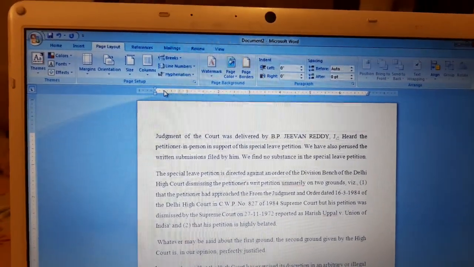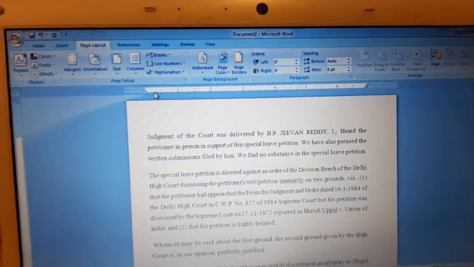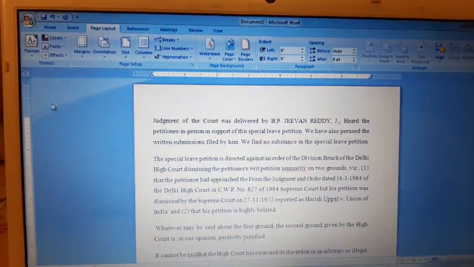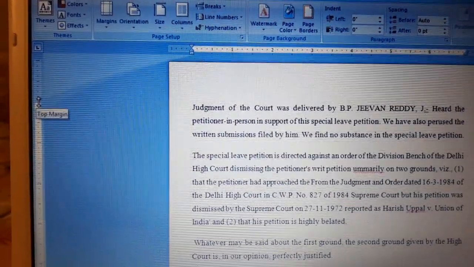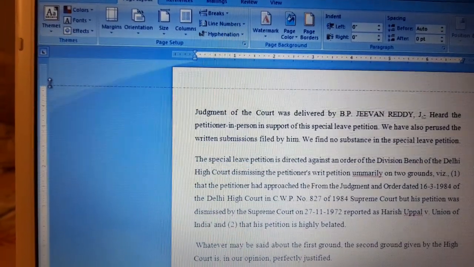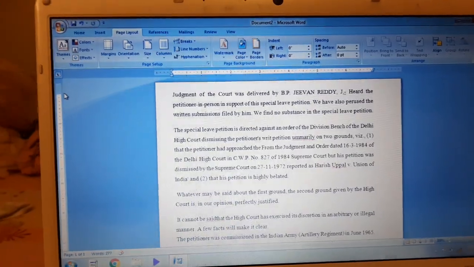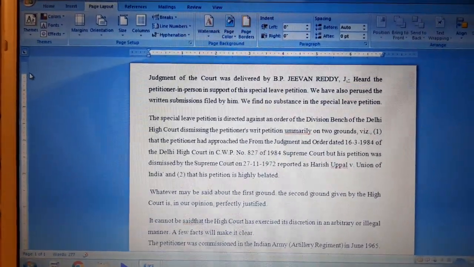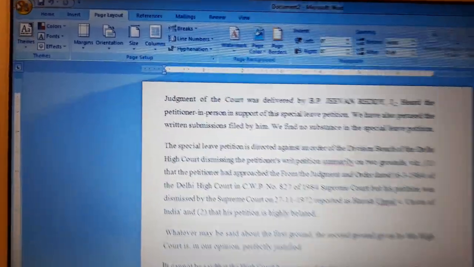Similarly, to change the top and bottom margin, point to the margin boundary on the vertical ruler. This is the vertical ruler. Again you can see that the pointer changes to a double-headed arrow, and to decrease, we can just drag it here when the pointer changes to a double-headed arrow.